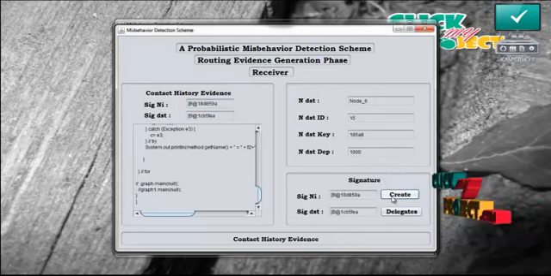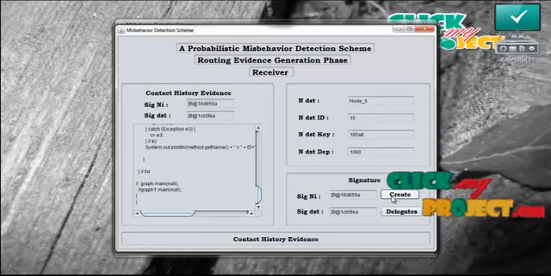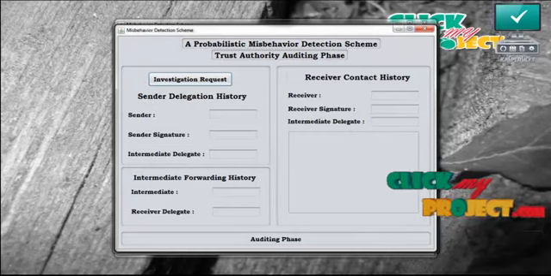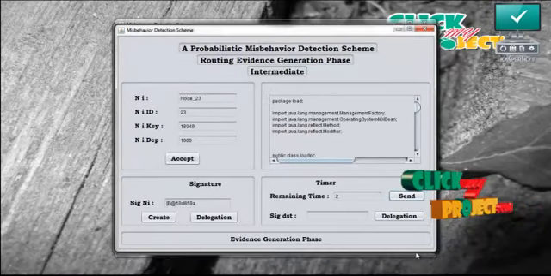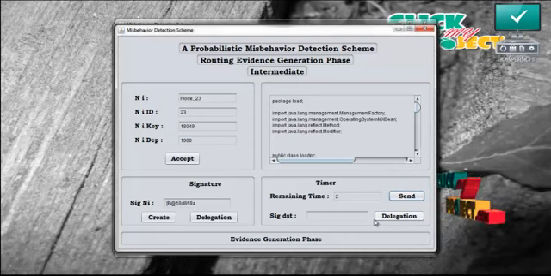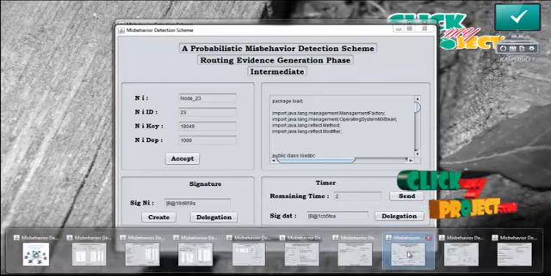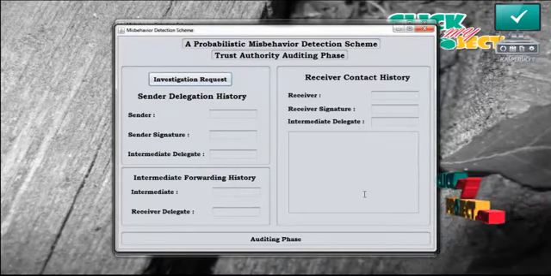The receiver generates the signature for the data that is received, and then press delegates. It will send the signature of the receiver to the intermediate. Now press delegation. This is the signature of the receiver, and then the trusted authority is started automatically by the receiver.